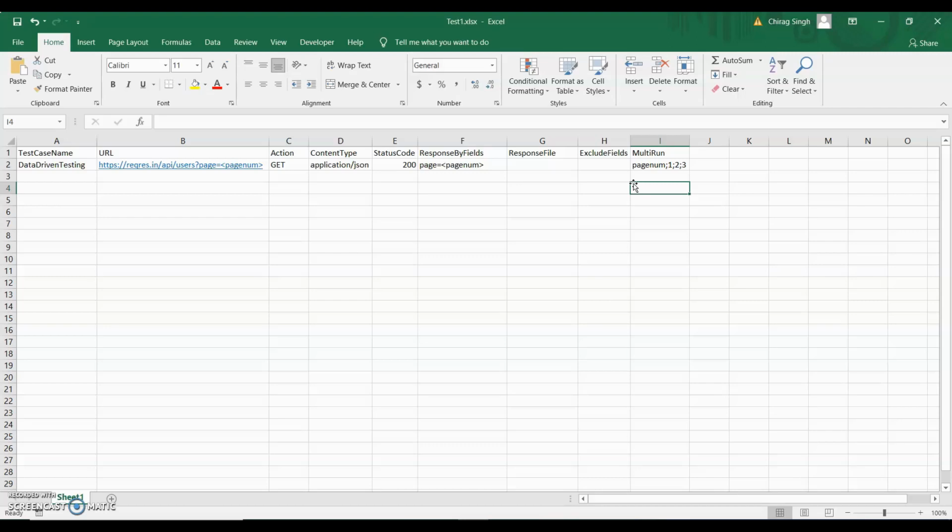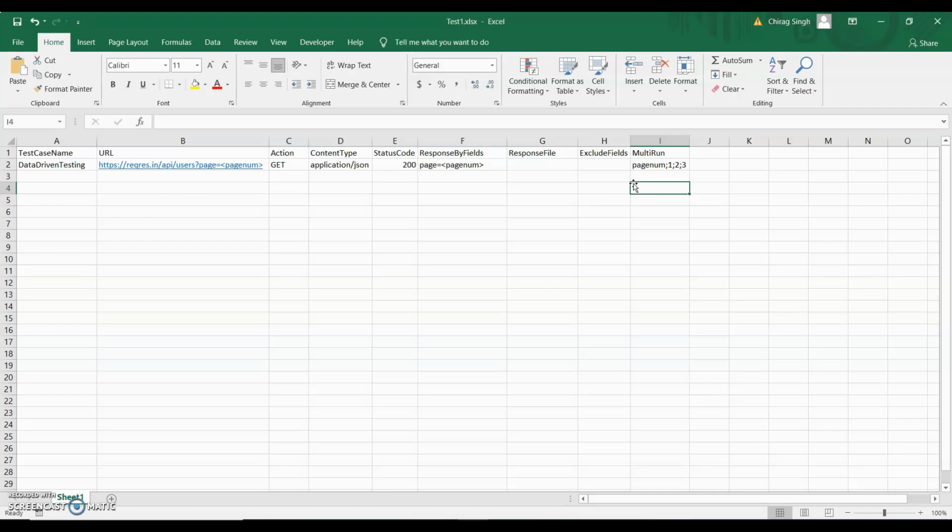But in this framework, I completed this data-driven testing in less than 2-3 minutes. And in API testing, data-driven testing is very important because we need to test our API with different data. So this feature is very important, and you have to use these features. You should implement this framework in your companies.